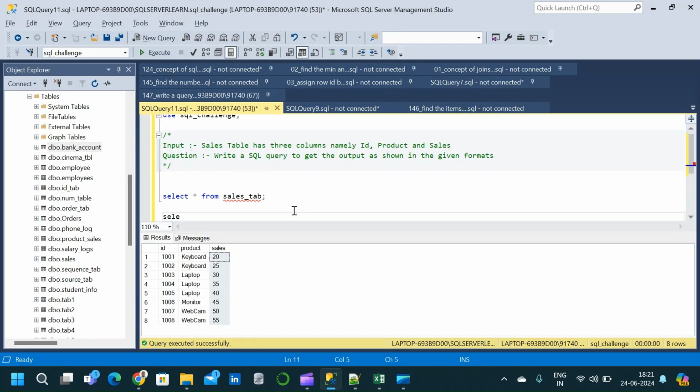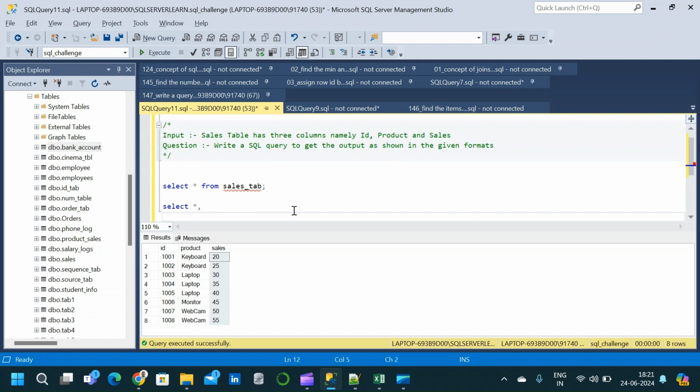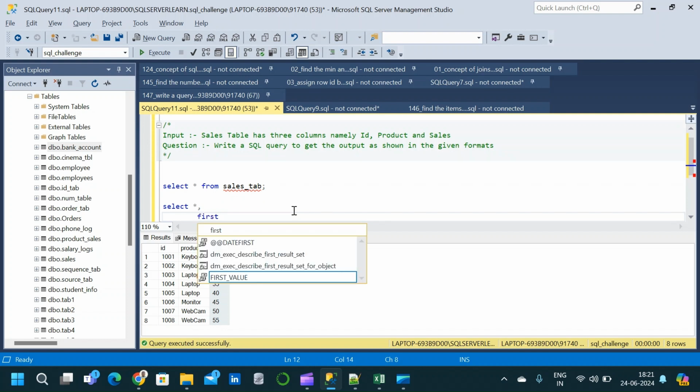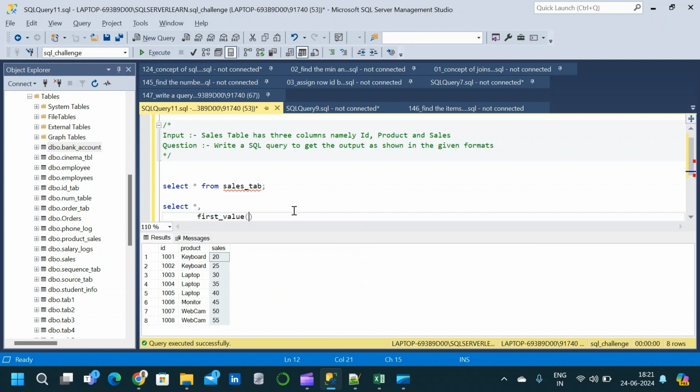So we will start with a select clause. Select. We will use the star because we are taking all the columns from the sales table. Now we are going to make use of a window function which is called the first value window function. First underscore value window function, open and close parenthesis, and inside the parenthesis we will specify the sales column. That is, we are going to take the first value from the sales column, and now we will write the